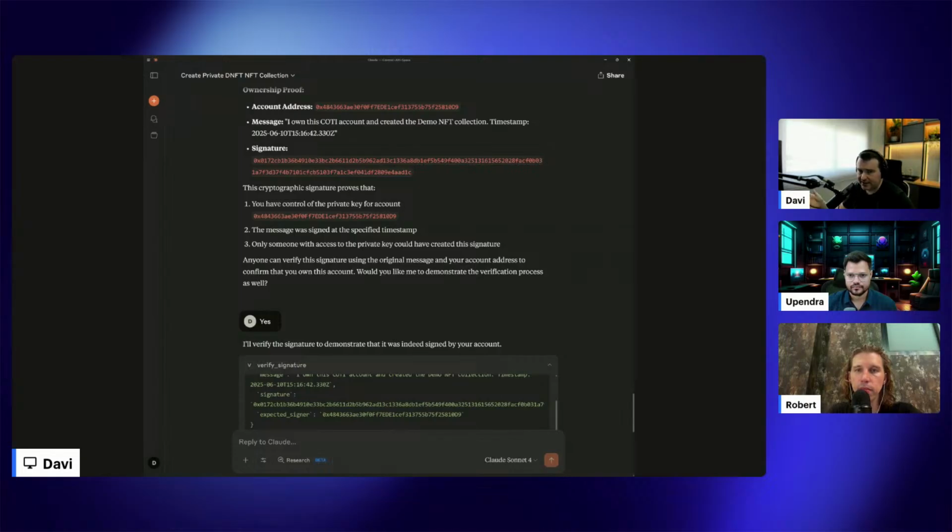Regarding the standard, MCP follows a structured format. It's similar to other standards that we have in the market, like OpenAPI, but it's designed specifically for AI use cases.